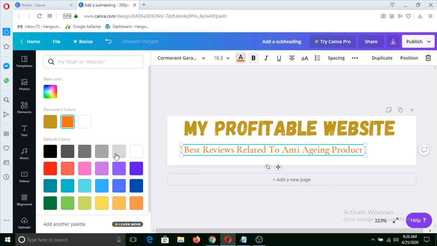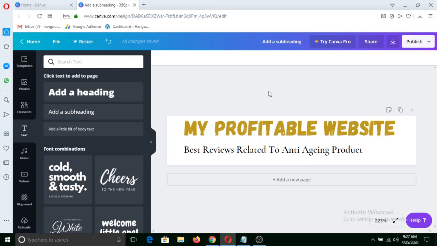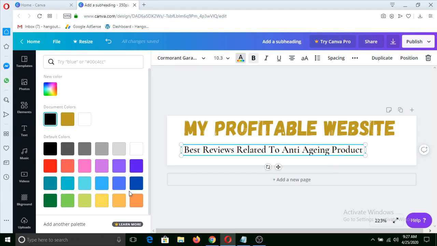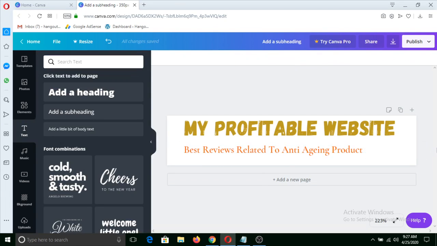I can make another color if I don't like that color. I can write it like this also. So you can just edit in whatever you want, whatever type of thing you are looking for here, you can do it. Everything for free on Canva. So now it seems like this.